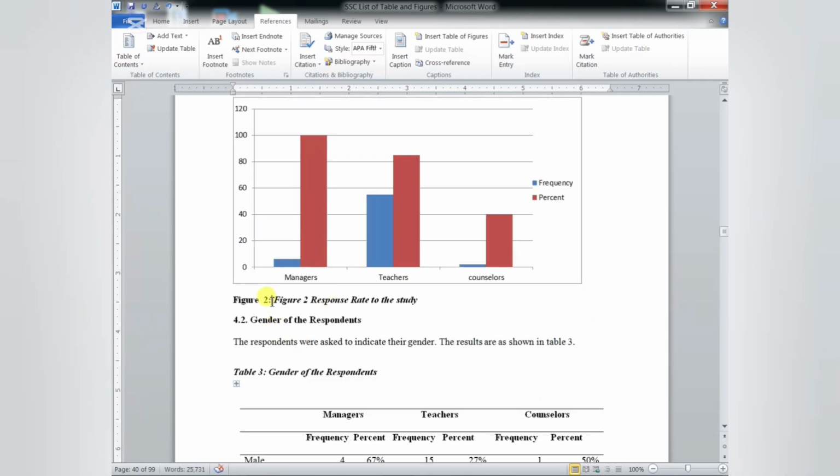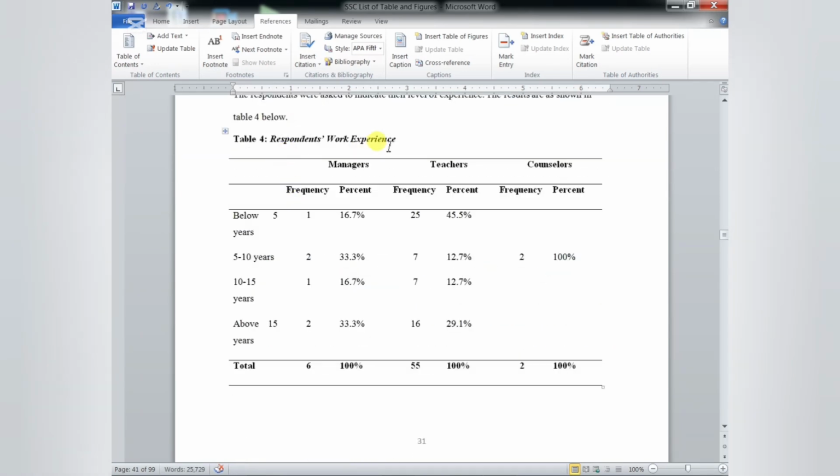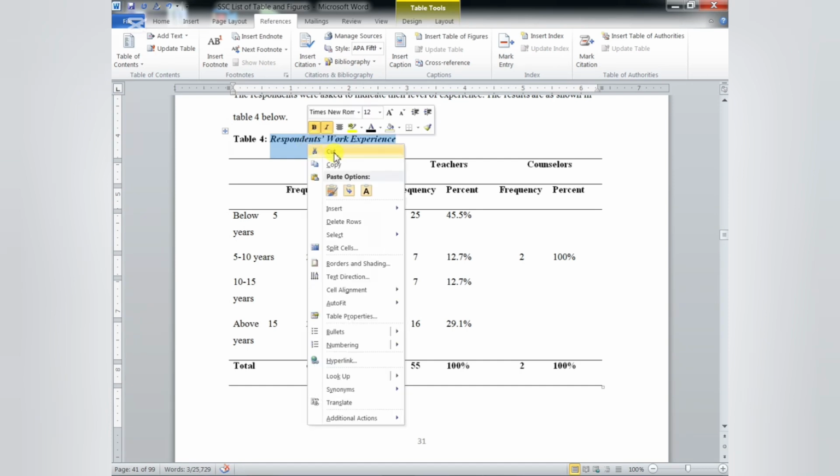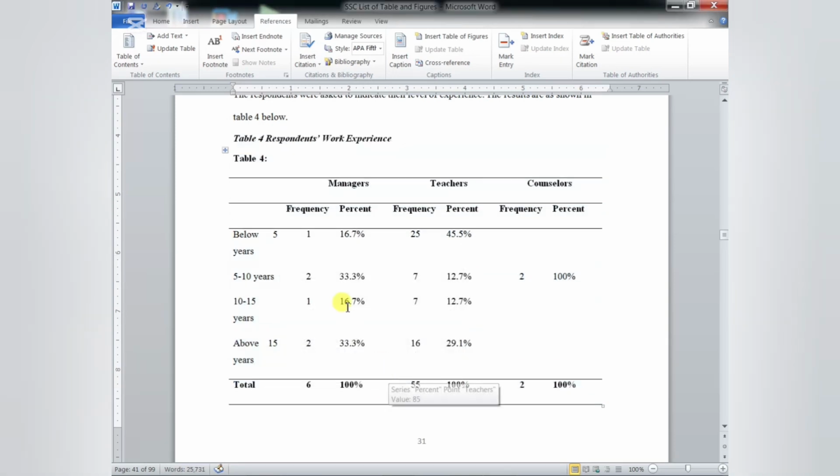At this one, we forgot to delete the one which was not automated, and we didn't put our colon. And then we continue. This is our next table. We highlight the caption, we cut it, insert caption, Control V, we say OK, and then we delete the writing which is not automated, we delete it, we put our full colon,